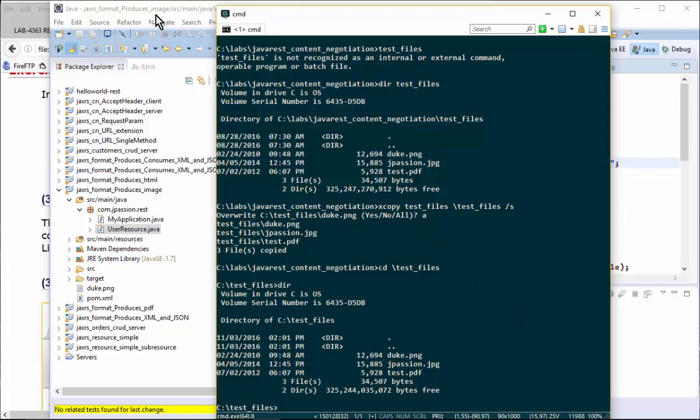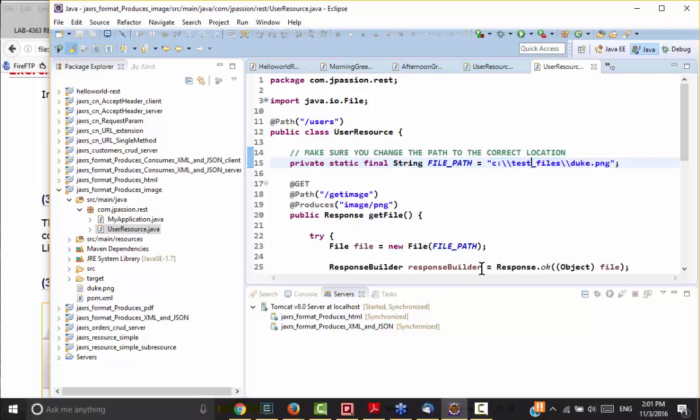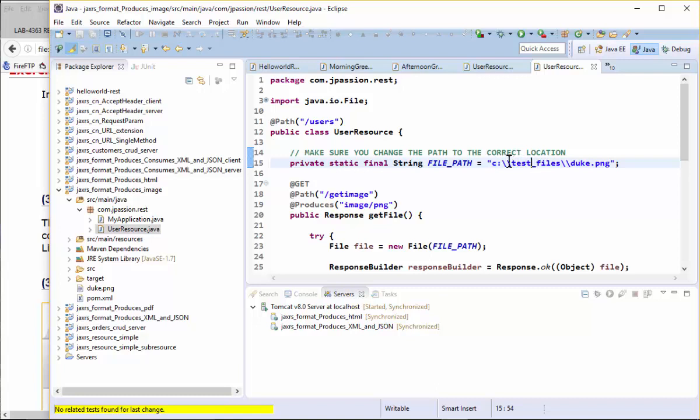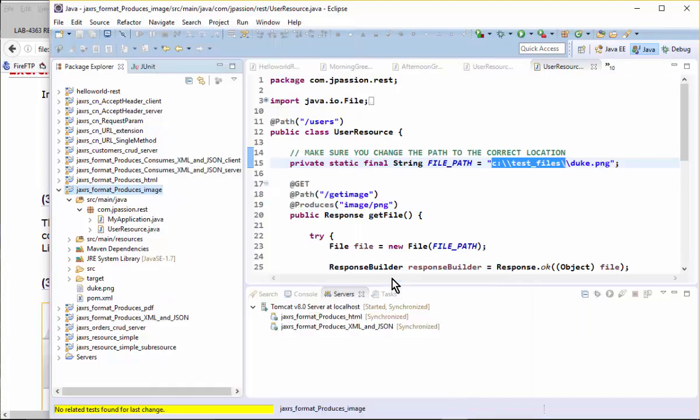Okay, so in the code, basically it's going to access the local files. If you're using Mac or Linux, just copy these files into your preferred location, and then just change this code to specify that directory. All right, so now if I run this application,